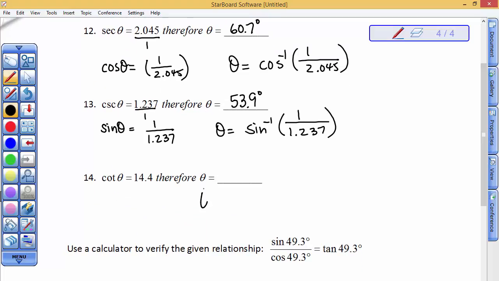One more time, cotangent is the reciprocal of tangent. So to find theta, you're going to go second tan because you don't have a cotangent button. You're not going to put a 14 in here. You're going to put a 1 over 14. And finally, you'll get for that, it looks like 4.0 degrees. I'm not going to worry about these relationships. There might be some homework problems